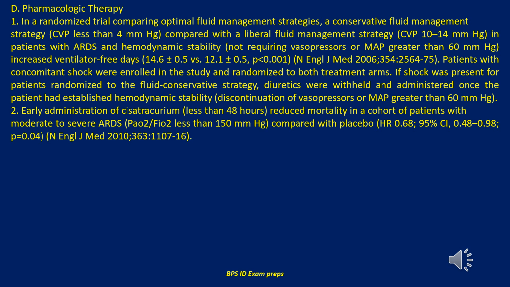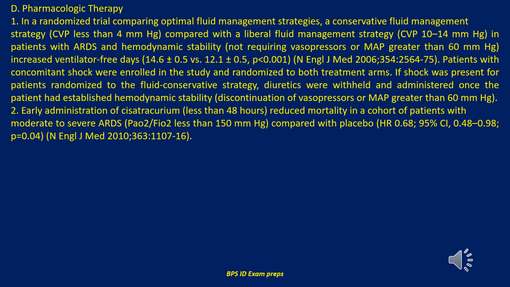1. In a randomized trial comparing optimal fluid management strategies, a conservative fluid management strategy, with CVP less than 4 mm of mercury, compared with a liberal fluid management strategy, CVP 10 to 14 mm of mercury, in patients with ARDS and hemodynamic stability, not requiring vasopressors or MAP greater than 60 mm of mercury, increased ventilator-free days, 14.6 plus or minus 0.5 versus 12.1 plus or minus 0.5, with a p-value less than 0.001, published in the NEJM in